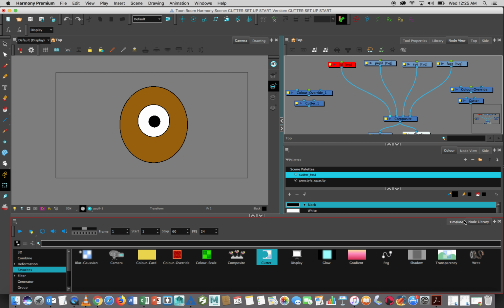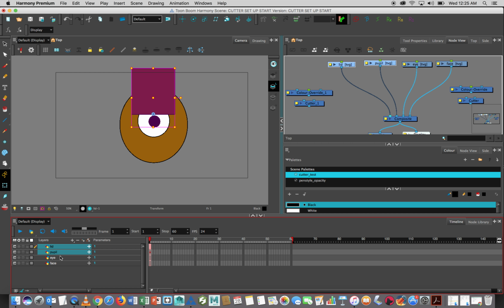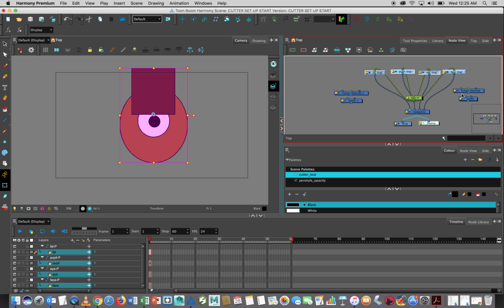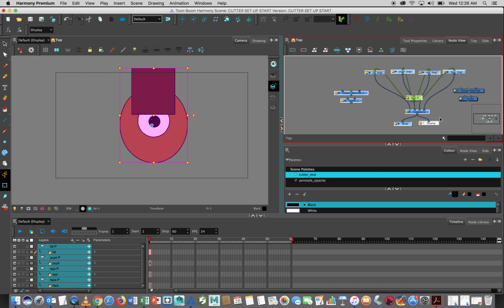And let's go back to the timeline. Select all these layers. I'm going to turn that on. I'm going to select all of these layers, and I'm going to peg them. Okay? And just go right here, add peg. Because I've selected them and they're all named, when I add peg, it's going to automatically name and add the pegs. So once again, I've got this little clump of pegs here that I could spread out if I wanted to, or I can just simply select all of this and go here,